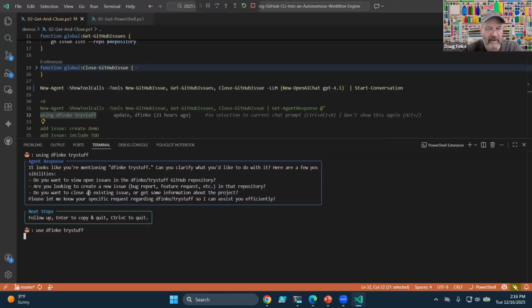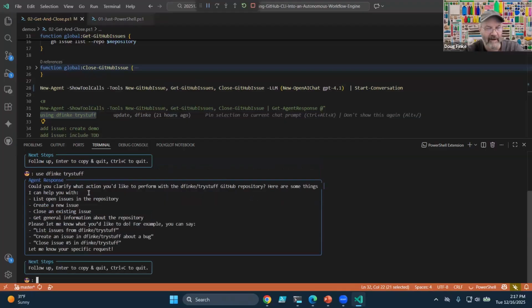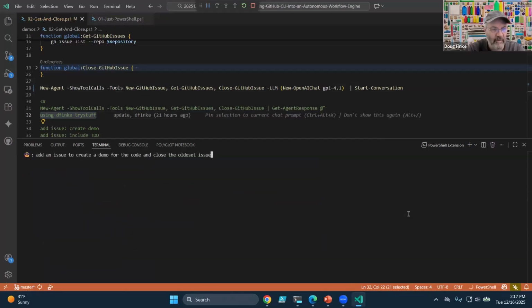This is interesting because now I have a smarter model, but it's going to be a little more pedantic. I'm going to say, let's do this: use defink for all ops. And I'm going to say, add a new issue to create a demo. This worked great earlier today. And close